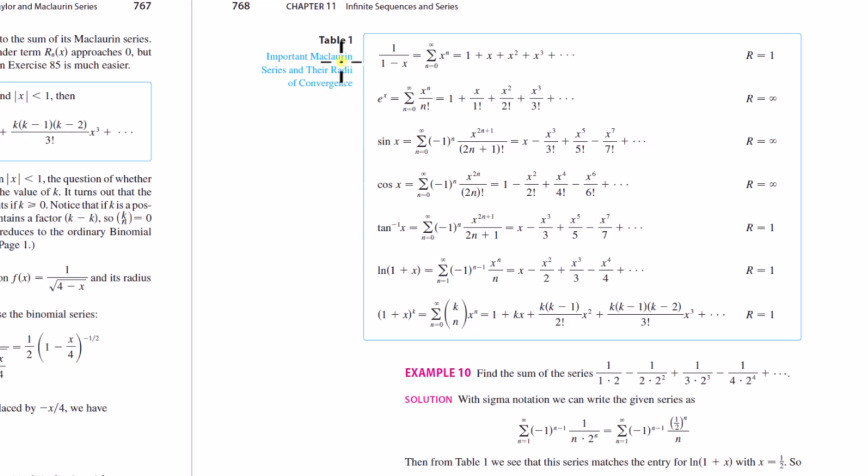Okay, but this video is titled Creating Taylor Series of Functions, because in the previous section, we started with this 1 over 1 minus x power series, and we learned the mechanics of creating offshoot power series from this, finding similar forms. So if you had 1 over 1 minus x squared, you could replace x with x squared here, things like that. And then you could differentiate both sides, integrate both sides,